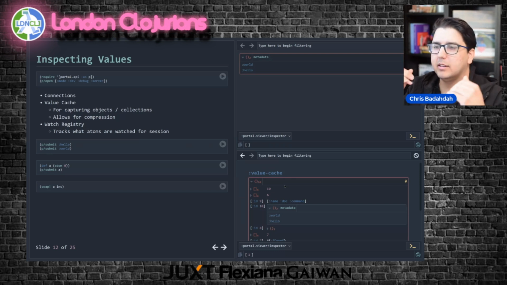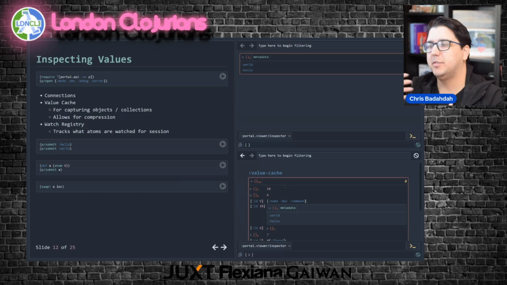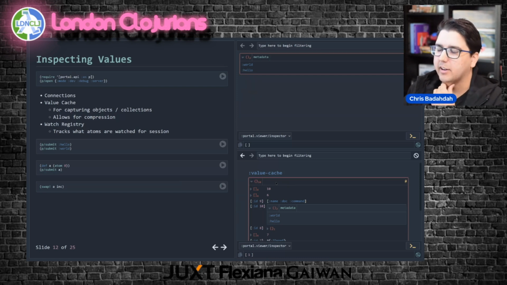Which is handy when you repeatedly tap similar values, like when they have a large subset of the same stuff, you don't need to communicate that again and again. For me, this happens a lot for UI applications, where I'm spamming the state, like what is the state, what is the state, what is the state? Most of it's unchanged, and that doesn't cause your portal to crash. And it's because of this value cache.